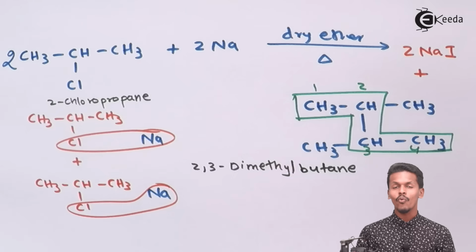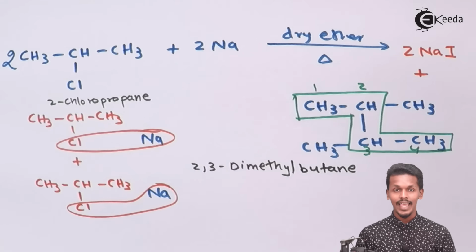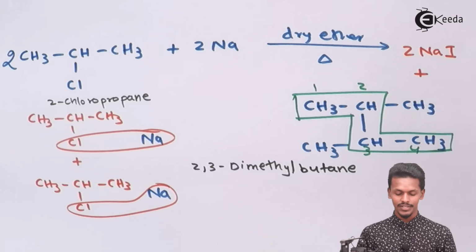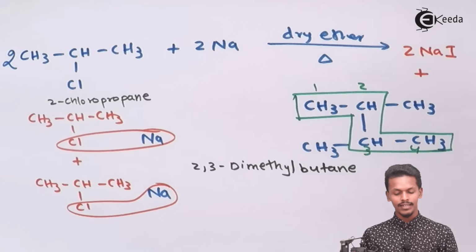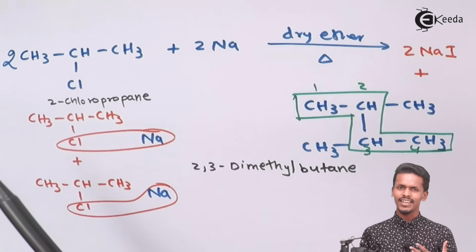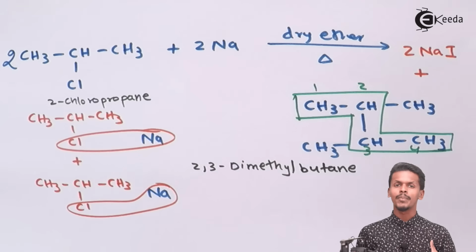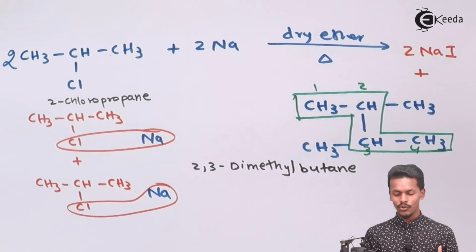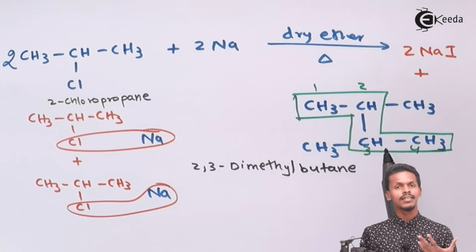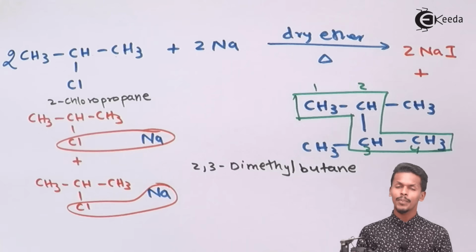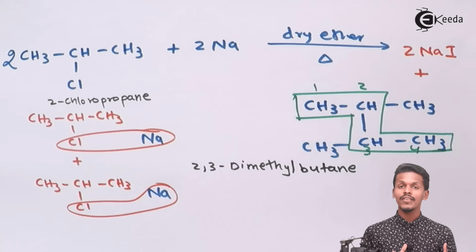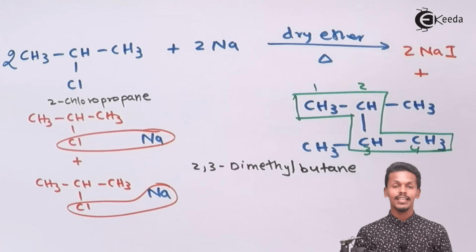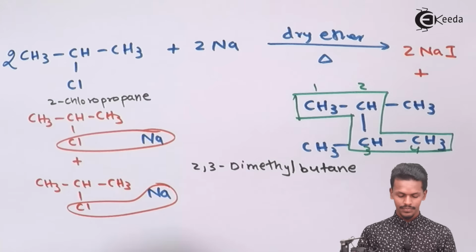So now suppose we have this as a reaction when we are talking about Wurtz reaction. This is the Wurtz reaction that we have discussed, where we have involved an alkyl halide, and that is the thing that we have multiplied by 2 to balance the stoichiometry, so that the number of carbon atoms in the product would be double that of the reactant. But what if I take this as the reactants,